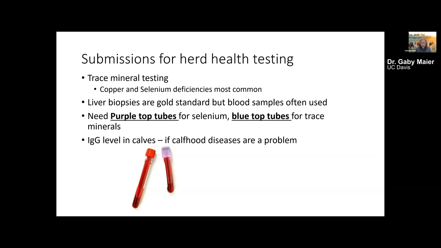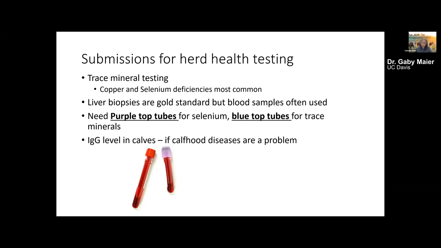So failure of passive transfer is something that we typically think about in dairy calves. However, it has been shown that beef calves can also often have failure of passive transfer, where the calf just hasn't ingested enough colostrum. So you could